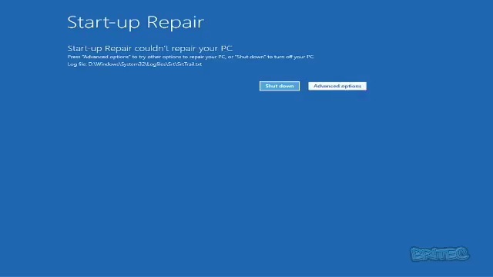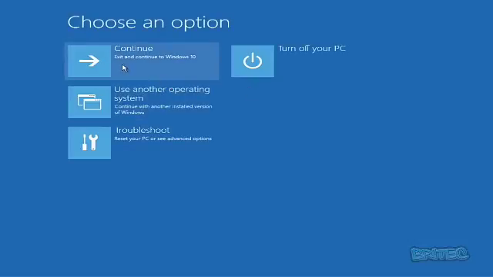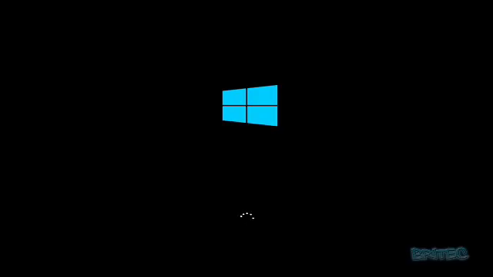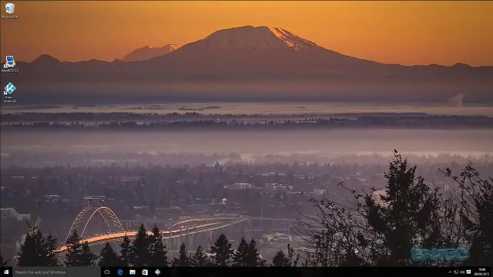So we're just going to go back and continue to Windows 10. So hopefully after you've followed that process, your system should be back up and running and should be fixed. And that's how you can run the automatic repair in